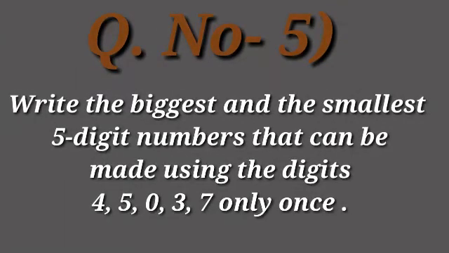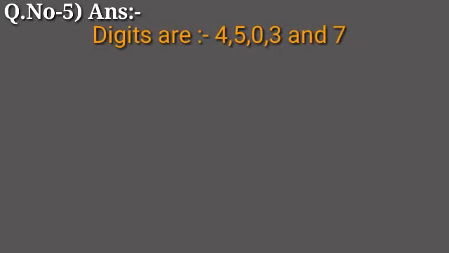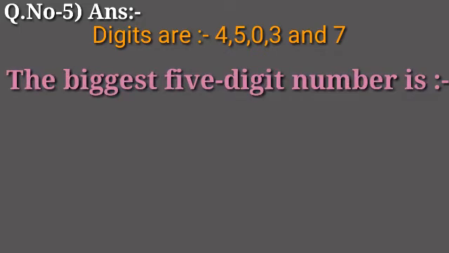Now let's move towards our fifth question, that is write the biggest and the smallest 5-digit numbers that can be made using the digits 4, 5, 0, 3, 7 only at once. Now let's see the answer. Here our digits are 4, 5, 0, 3 and 7. The biggest 5-digit number is